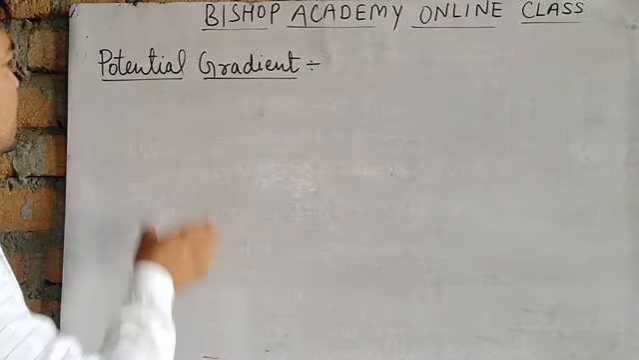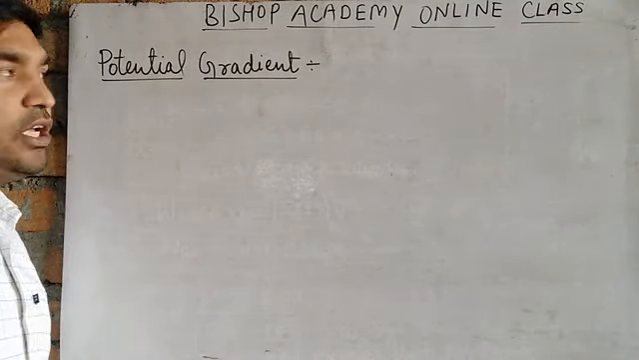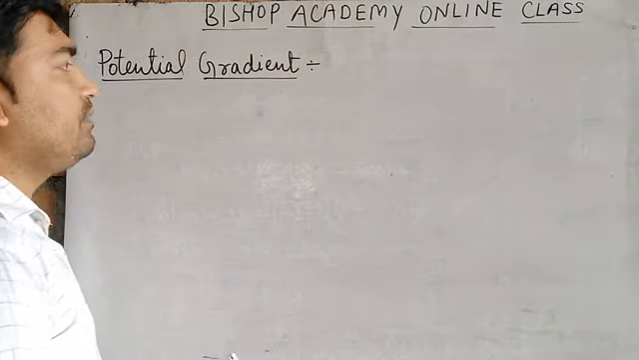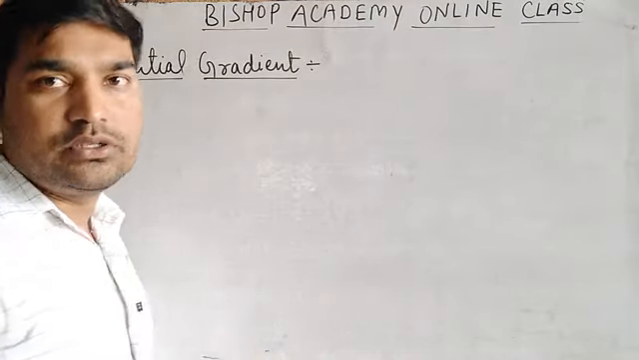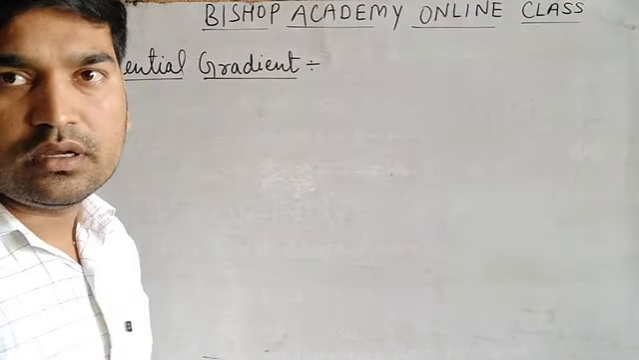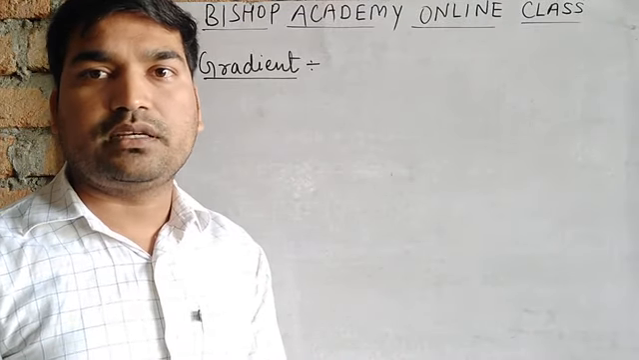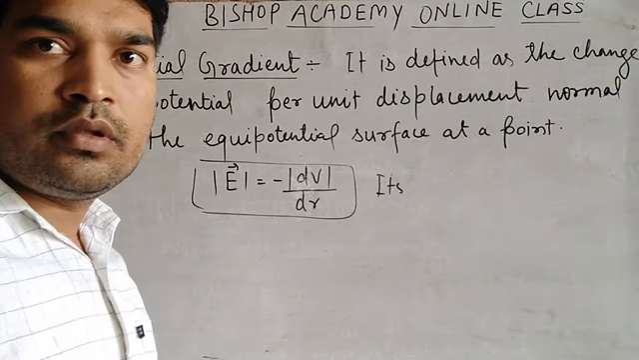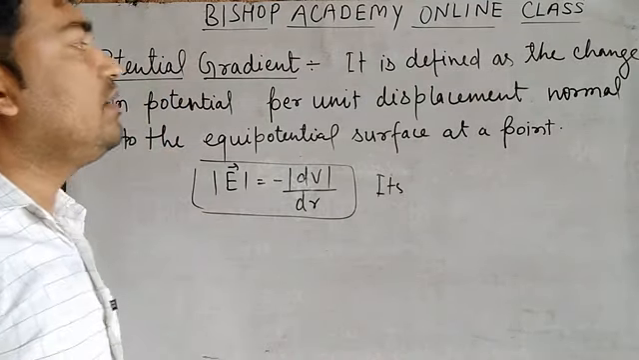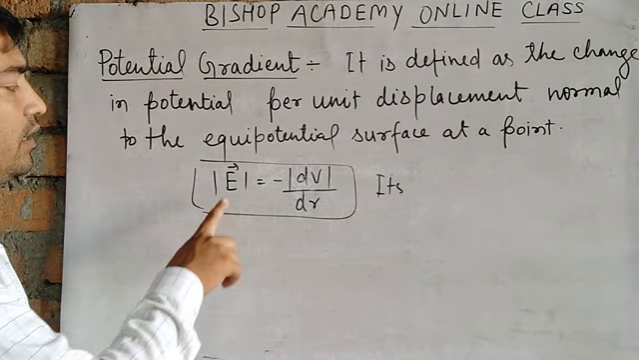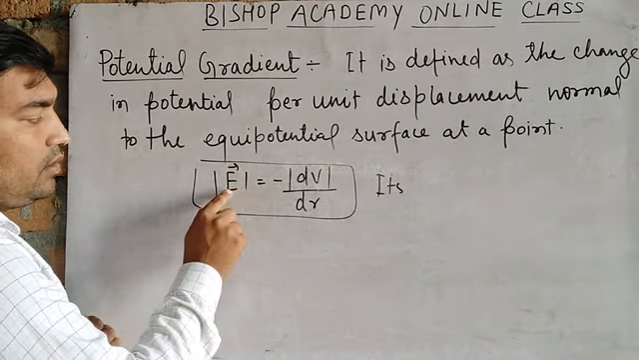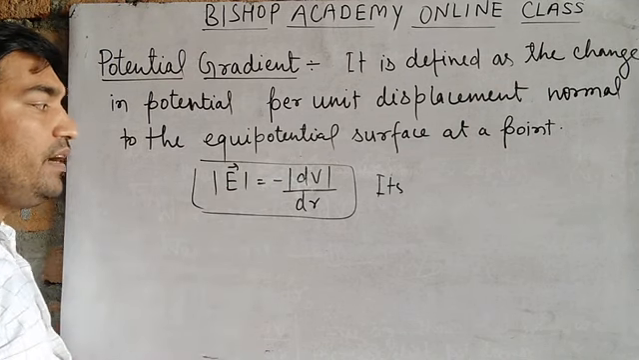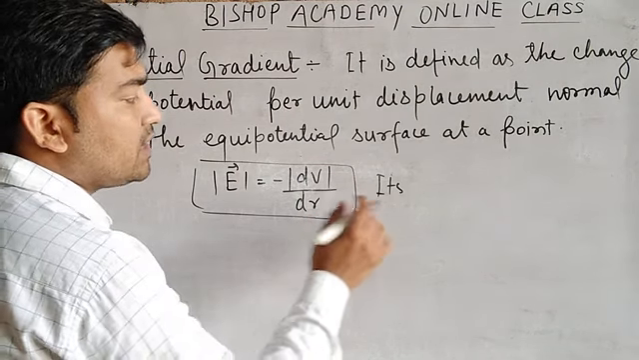Now we shall discuss potential gradient. Potential gradient is an important physical quantity which is defined as the change in potential per unit displacement along the normal to the direction of electric field. This is the definition of potential gradient, and it is mathematically written in the form of modulus of vector equal to minus modulus of dV upon dr, and its SI unit is